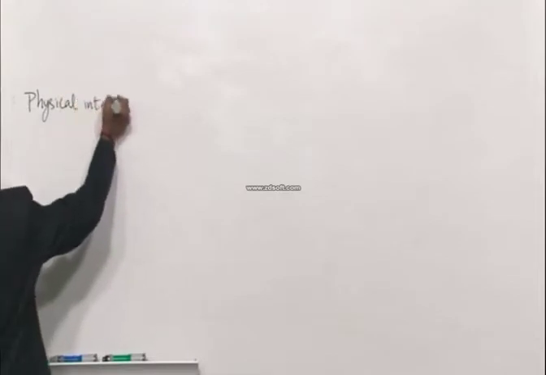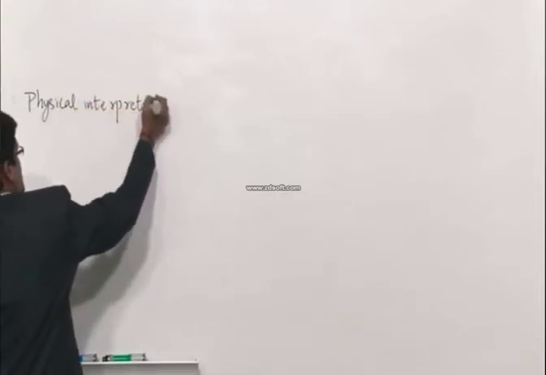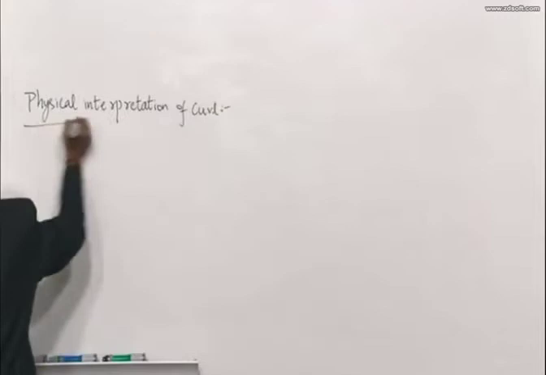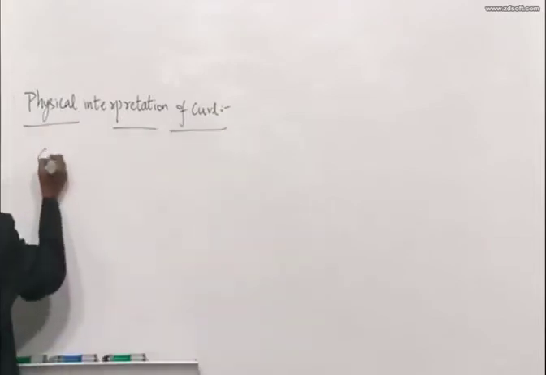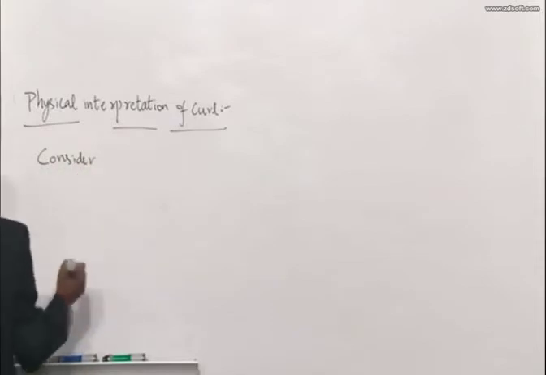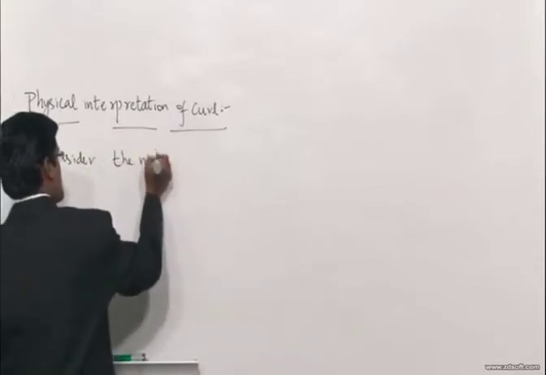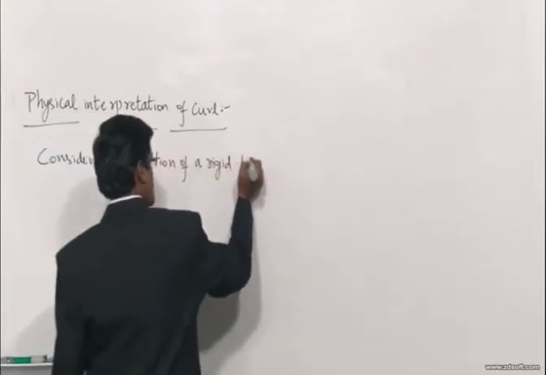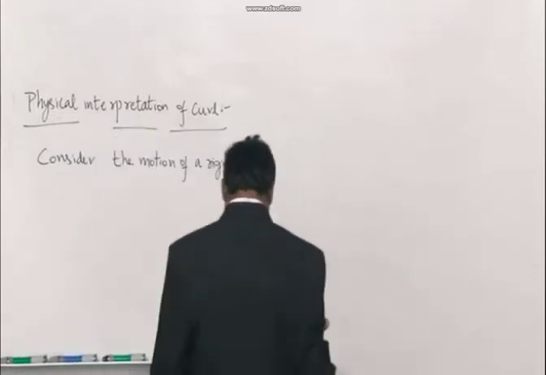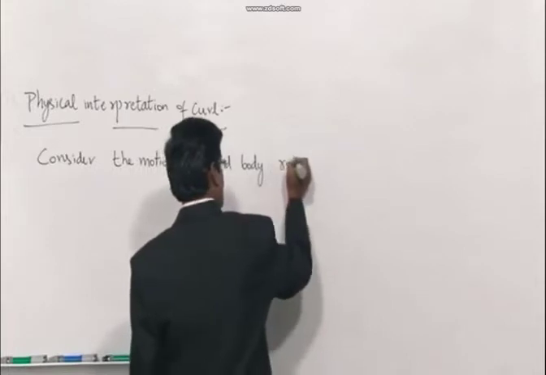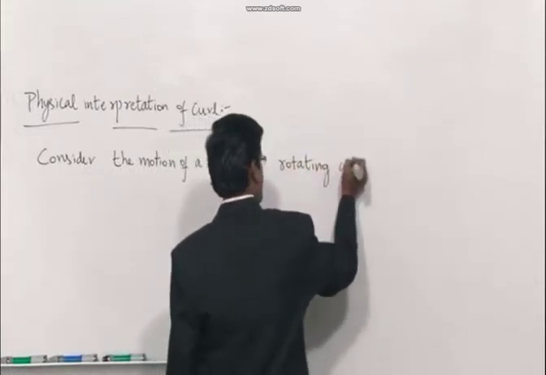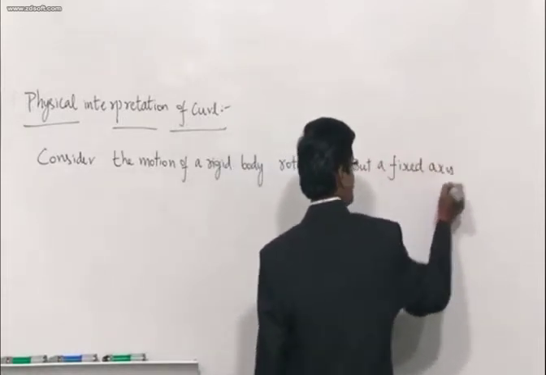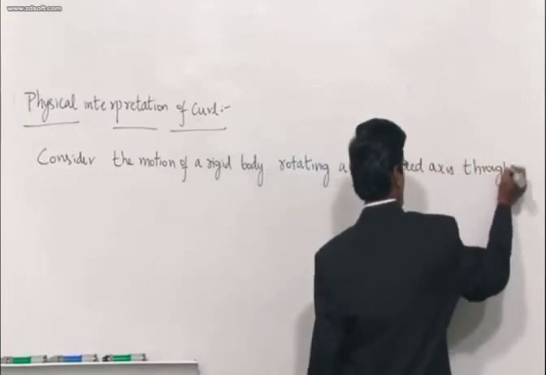Physical interpretation of curl. Consider the motion of a rigid body rotating about a fixed axis through